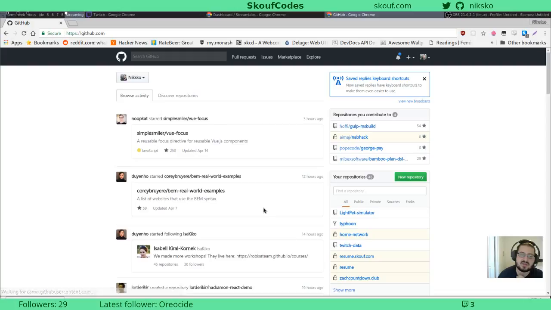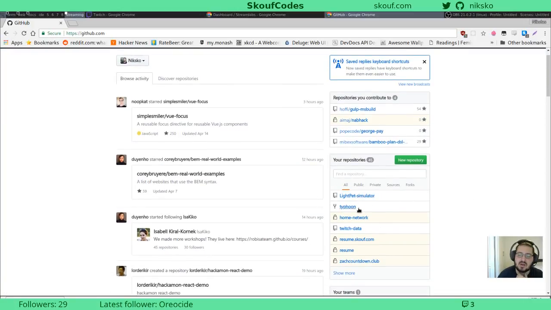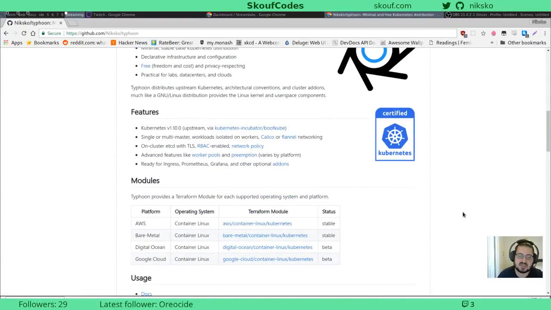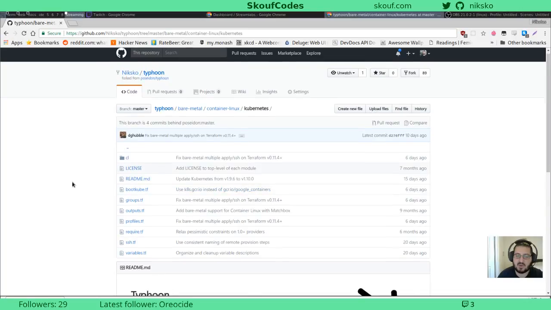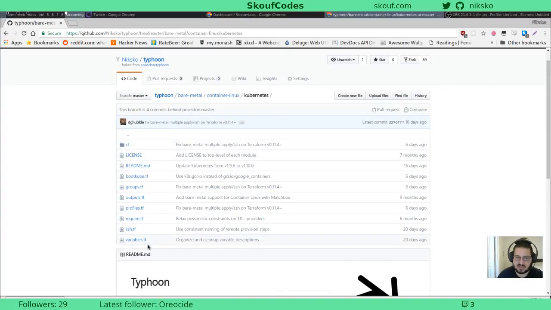I just wrote some notes in there the other day, which was around Typhoon. So I forked this Typhoon project, right? Because this is the thing that's actually going to provide the Terraform configs, which will allow us to pull the strings on Matchbox and get it up and running, and allow us to boot from it. So you can see in here,